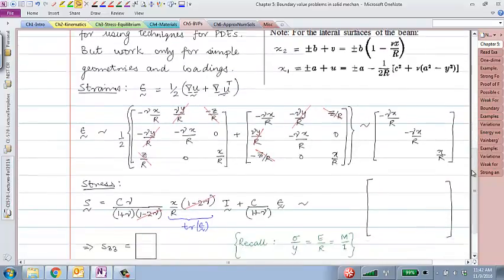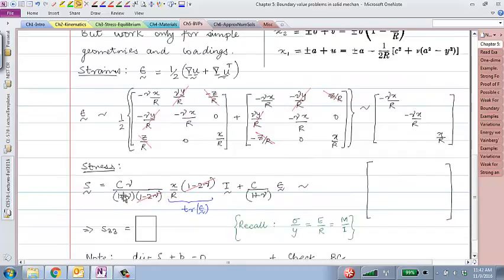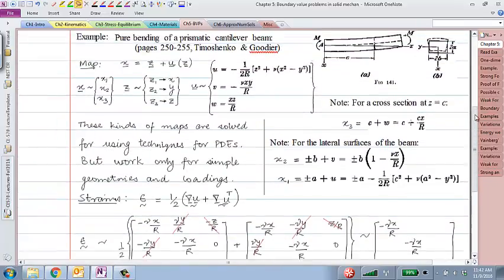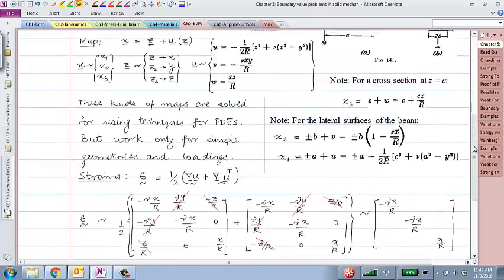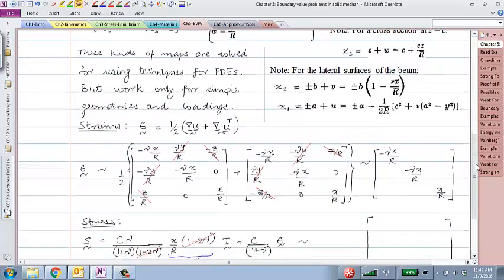And if you calculate the stress field from this, I've done that as well here, using Young's modulus and Poisson's ratio. As a question, what does R mean? R is actually the radius of curvature, where if you have a beam in pure moment, then it actually makes an arc of a circle. So that's what that R denotes. Okay. All right,